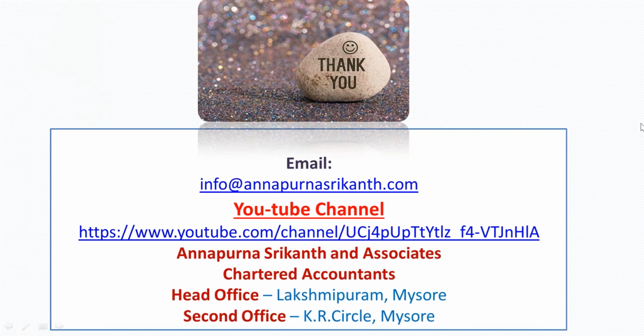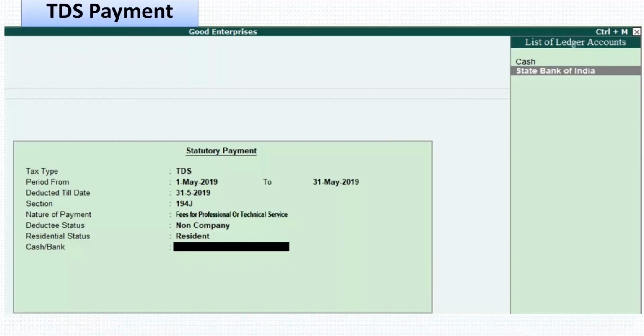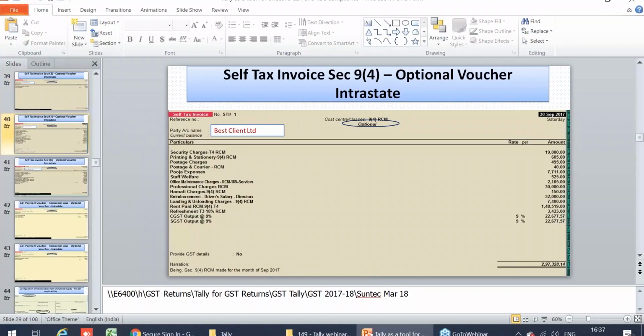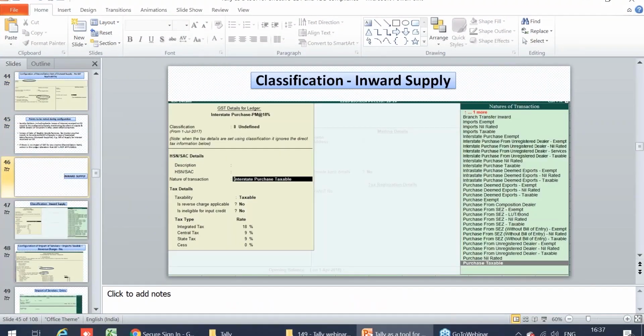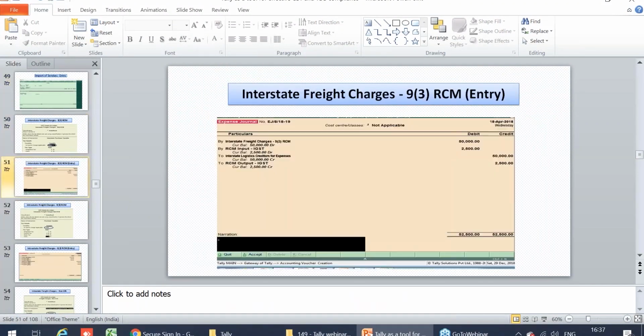So that is possible. Kindly show the statutory adjustments for RCM entries. I have already shown it, but probably people are asking it, so I'll just re-show that transaction. Just give me a second, I'm figuring it out. Yeah, here we have.